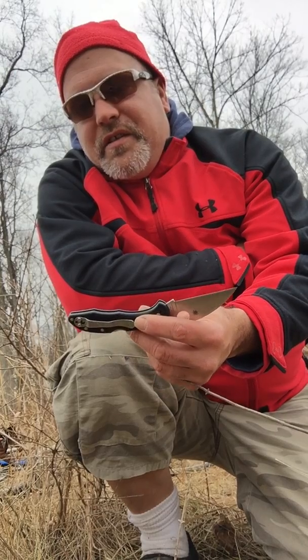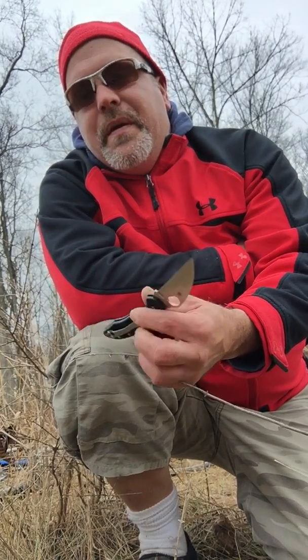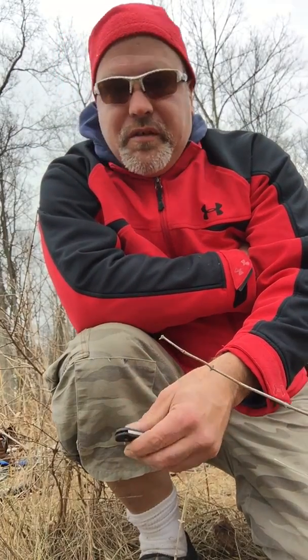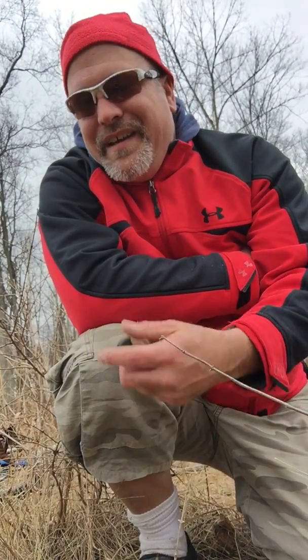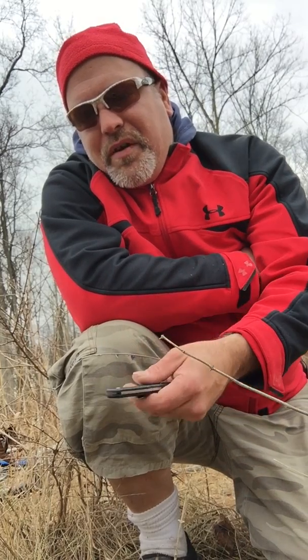Pretty much many of the same as the Delica. It's no frills. It's slim, it's lightweight, it's strong, has enough blade for your purpose, but it's not too big to be cumbersome or frightening to sheep. I hate using the word sheep, but it's just so appropriate sometimes, right? But it also has some